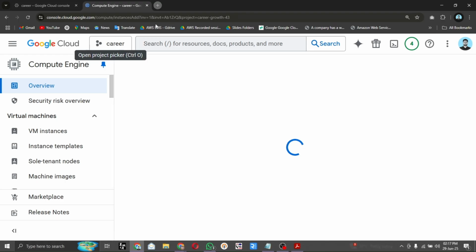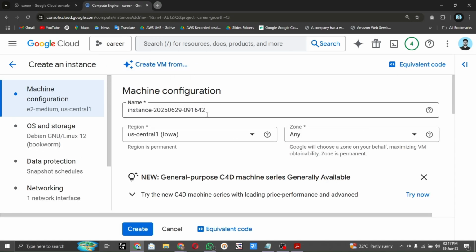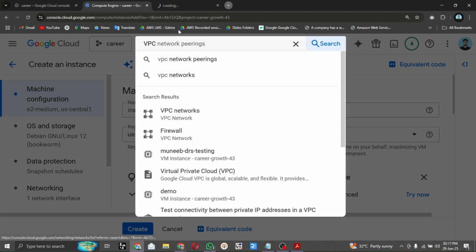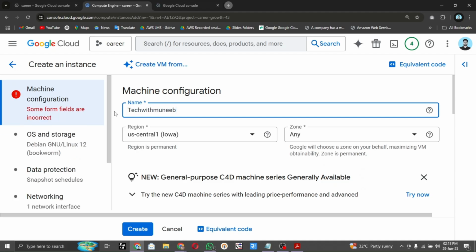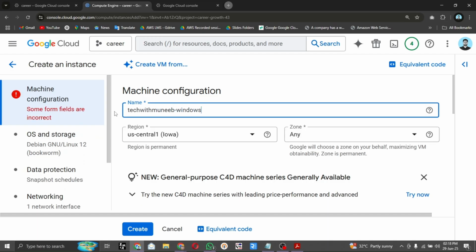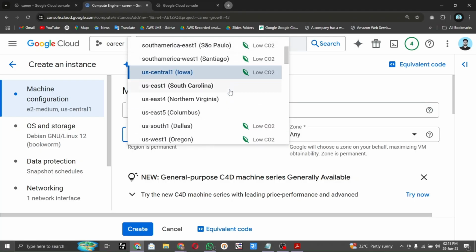In the meantime, I'm opening VPC in a new tab in order to select the firewall rule with the tag, as I have mentioned in the last video. Okay, while creating the VPC firewall rule, let's give it the name tag with Munib, Windows, Bastion host. Okay, I will be creating it in the Iowa region,